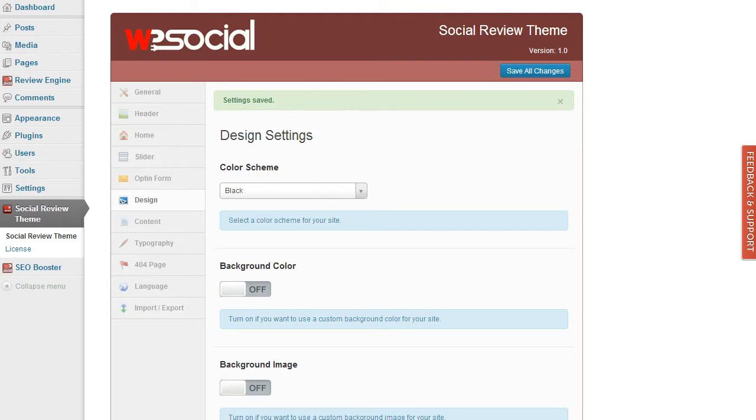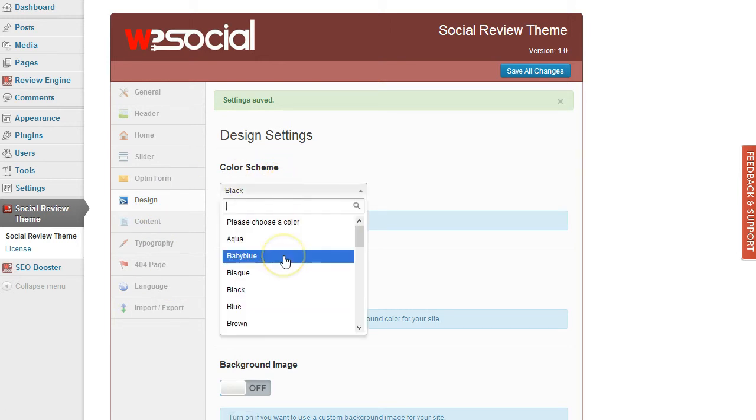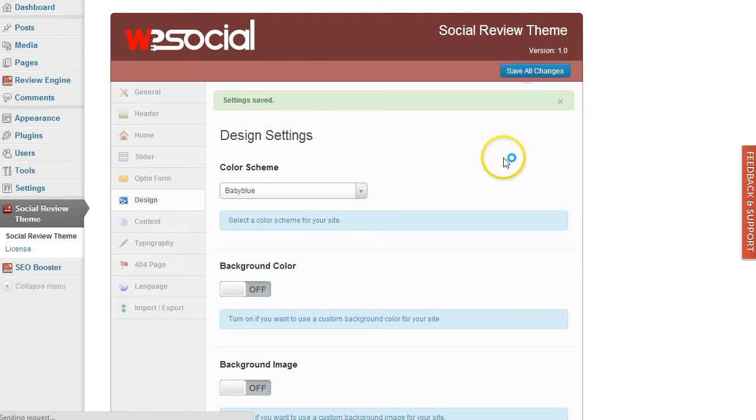Hi, in this video we are going through the other options for the social review theme. First, on the design tab we have the color scheme. We have preloaded 30 plus different color schemes, so you can choose from. If you're going to change that to baby blue as example,